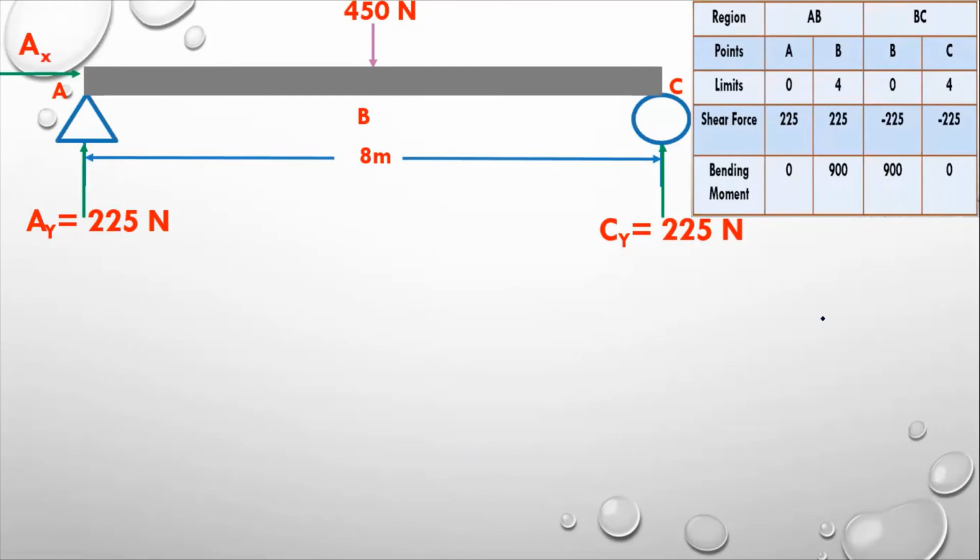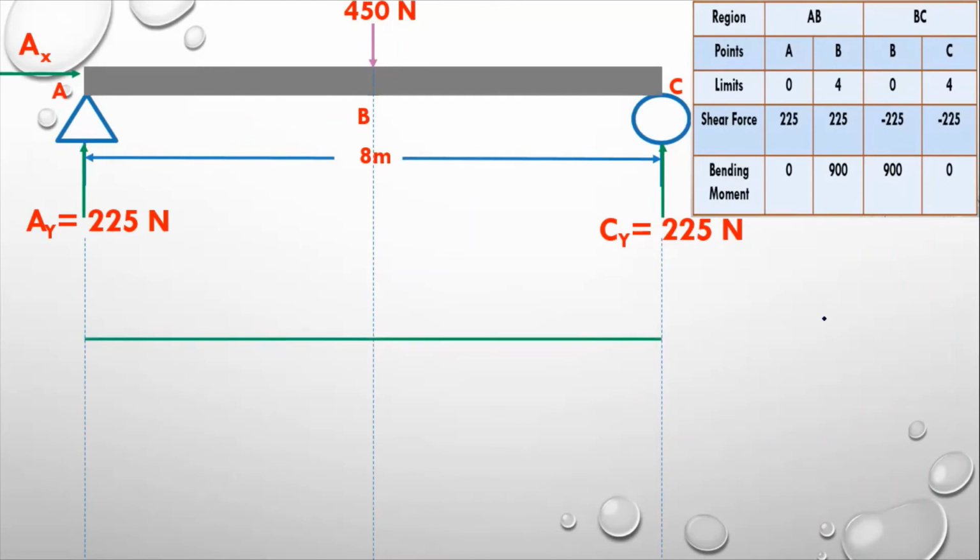Now I'm going to construct the graph. Kindly keep it in mind, wherever you have a point, you have to draw the offset from here, or draw the line. You can see here there is a hidden line, or you can say a broken line as well. At B you can see there is a line that comes here, then C. Now I am going to draw two horizontal lines, one for the shear force and second for the bending moment. There is the shear force line, that one is the green one, and then I have the purple one, that is the bending moment diagram.